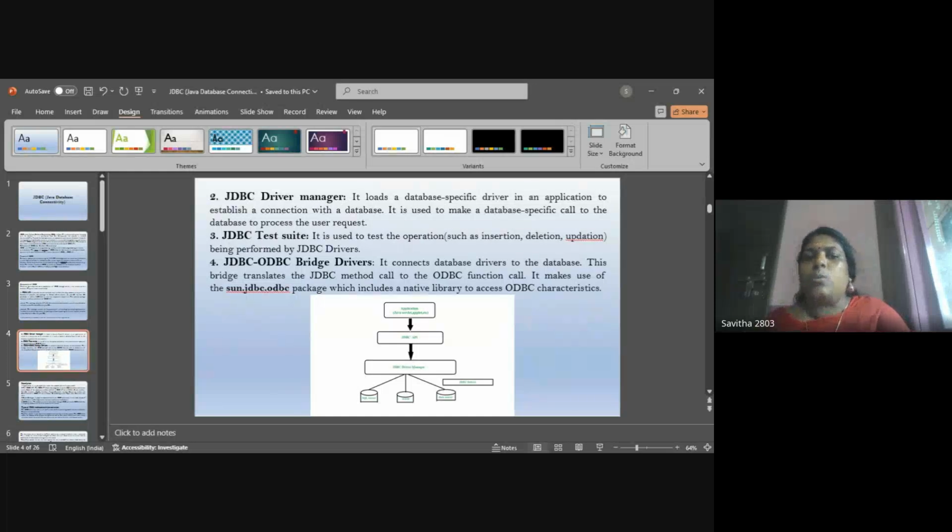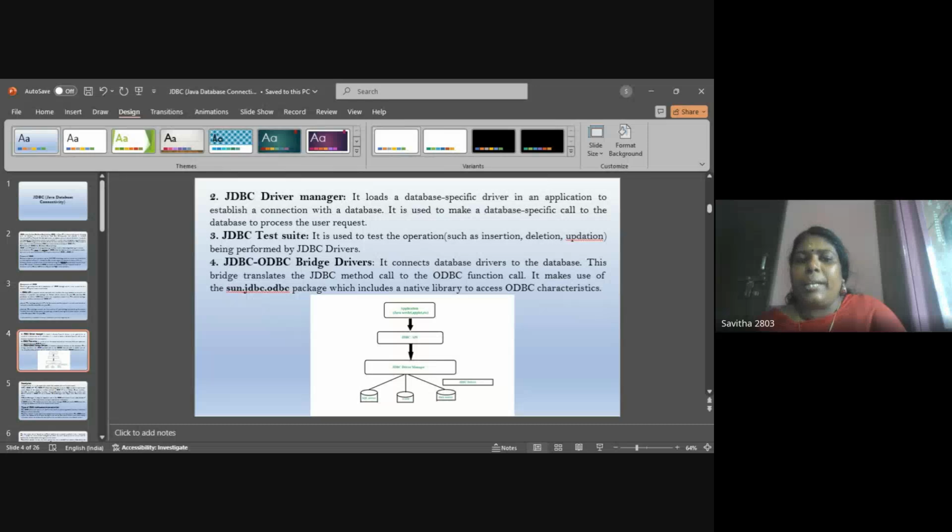When we want to connect a Java program with the database or backend, we do it using its own driver manager class. It is a database-specific method to establish a connection between the database and the Java programming language.